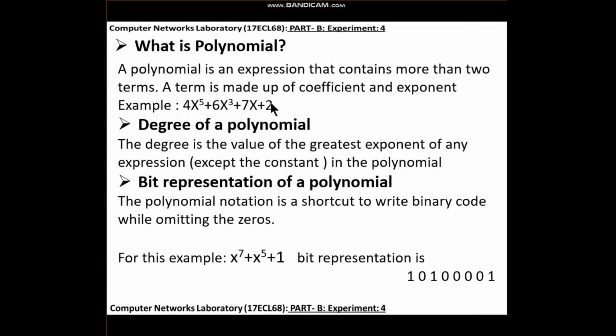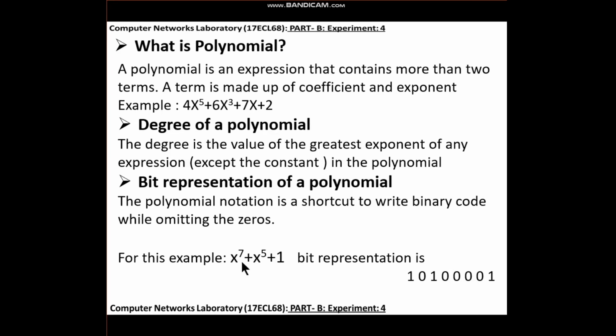Degree is 5 for this polynomial, and we can represent the polynomial in terms of bits, and this section shows the bit representation of a polynomial. The polynomial notation is a shortcut to write binary code while omitting the zeros. Let us take up this example.